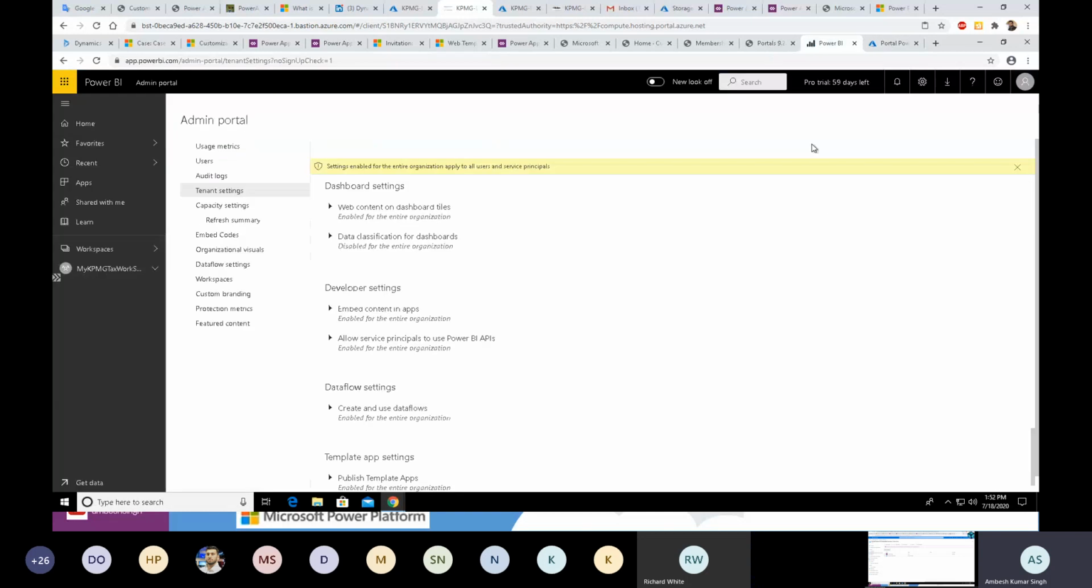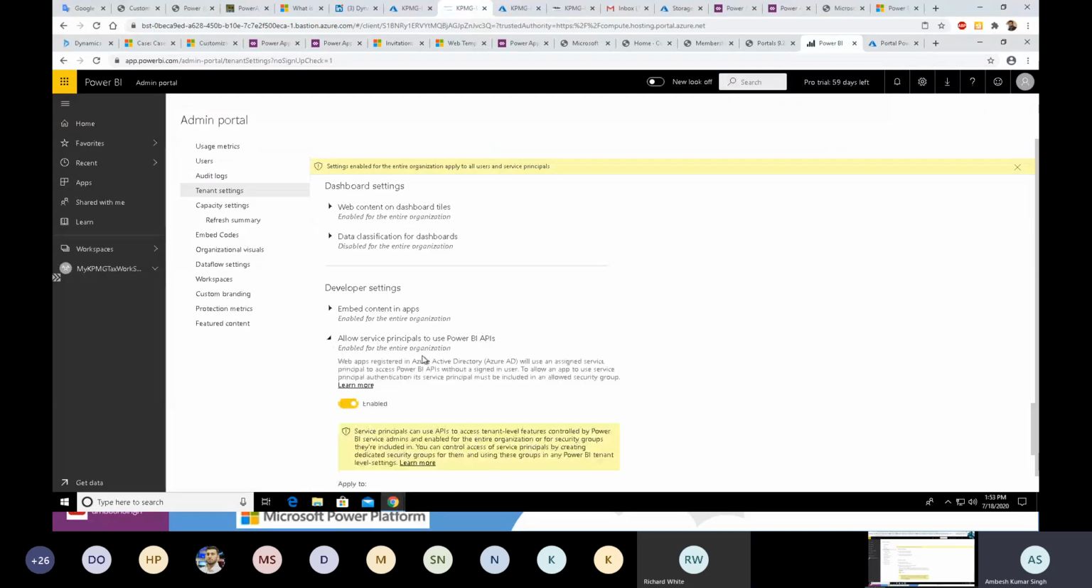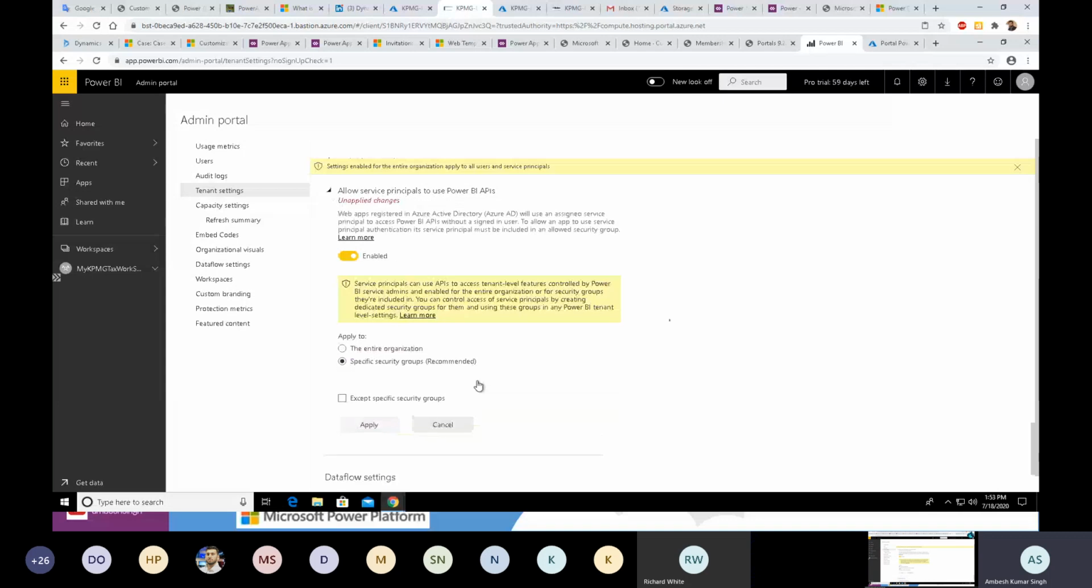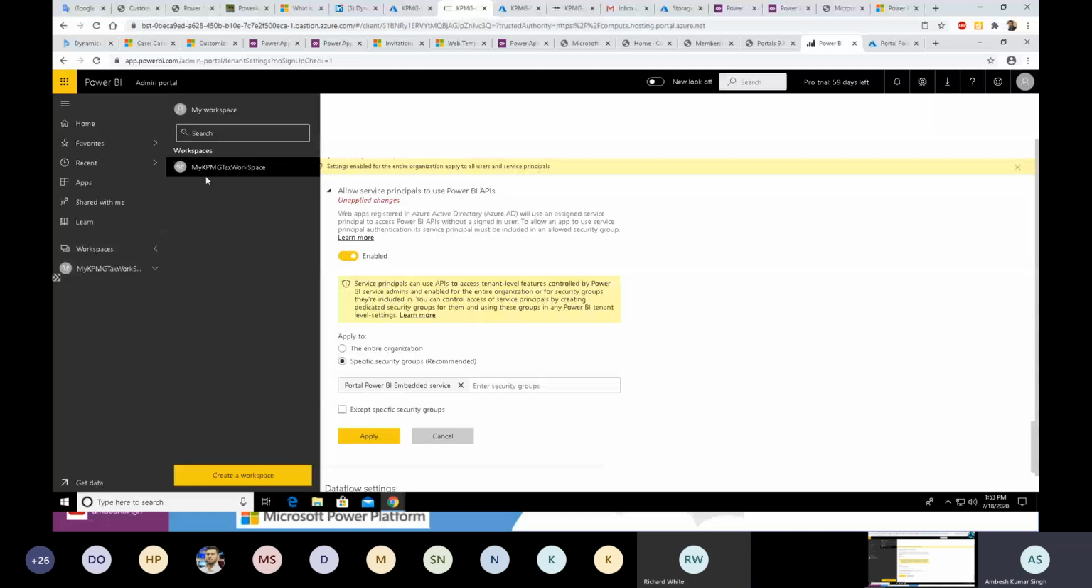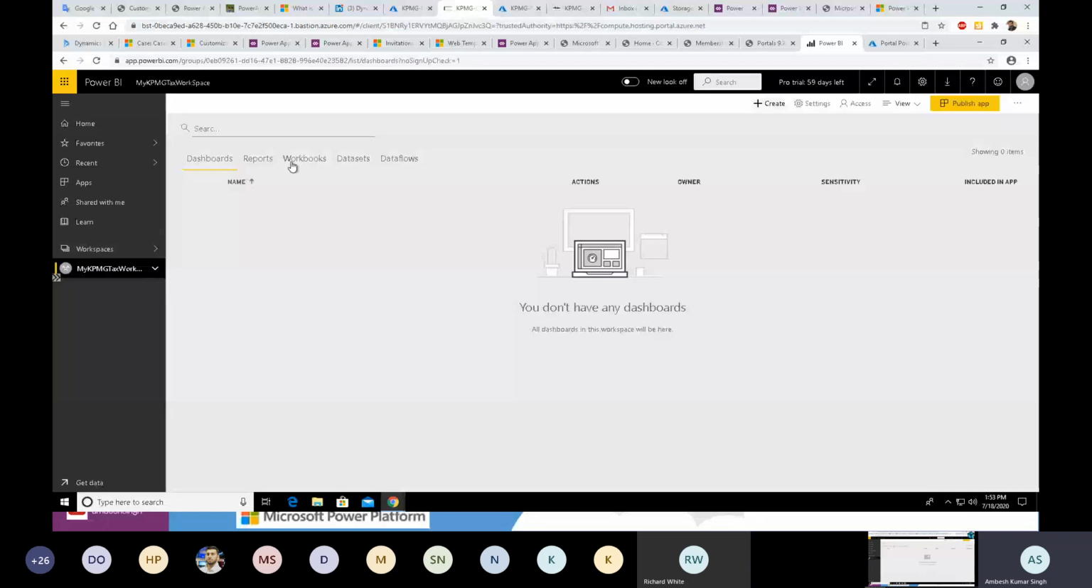And then you can come to the portal, to the developer setting. You can enable it. You can specify the security group. So suppose you just need to use it for the Power BI embedded service team members. For the team members tab, you can come here. You can apply this, and then basically again you can go to your workspace, open the report,